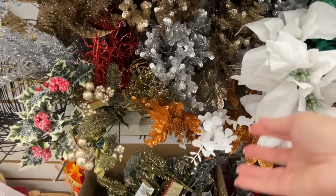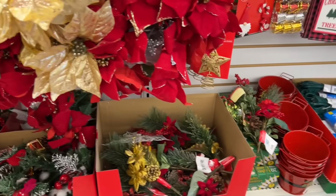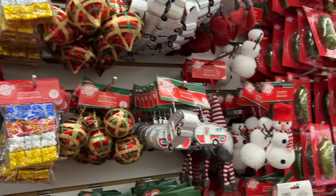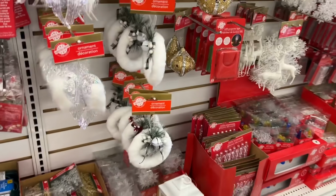Some really pretty floral picks. I love this white neutral stuff. Let's see what they have here. I've shared the ornaments. I don't really see anything new from the last ornament share, but just in case you